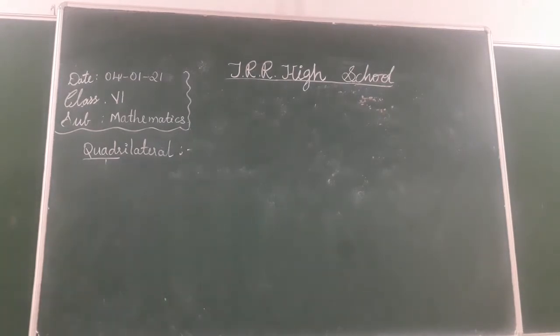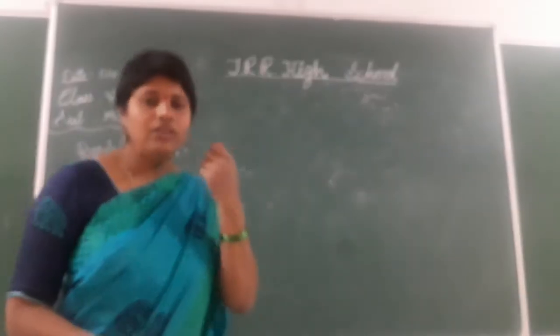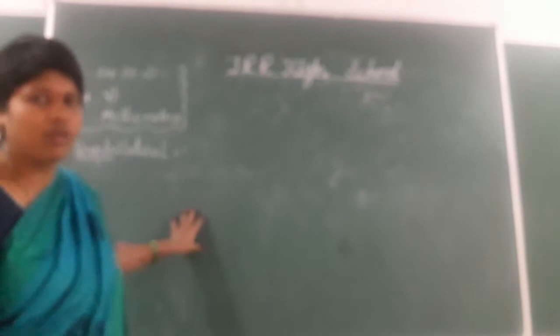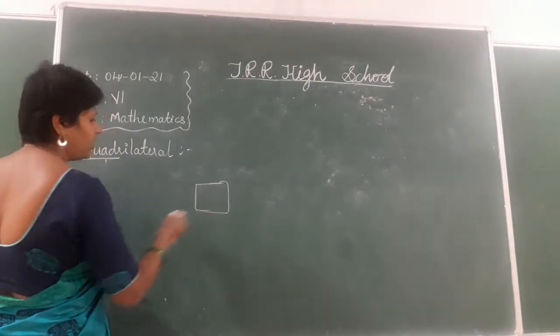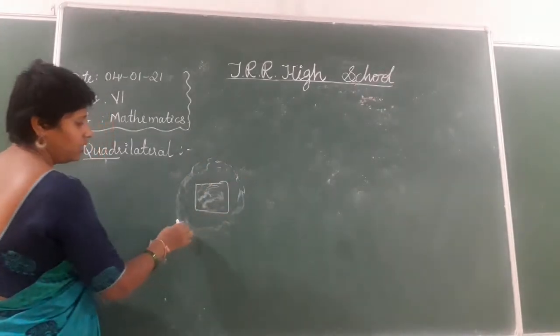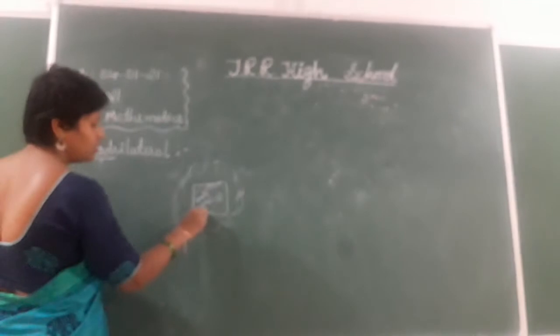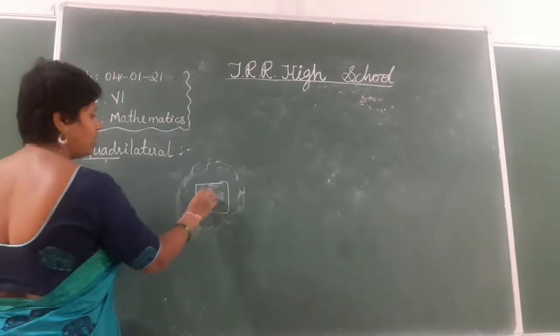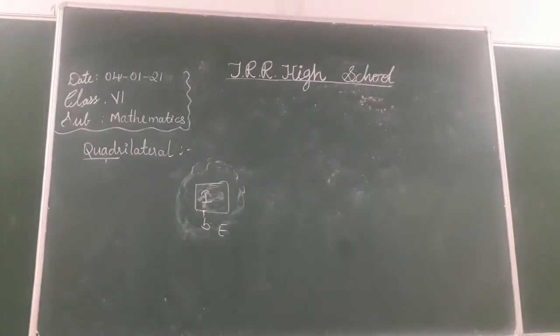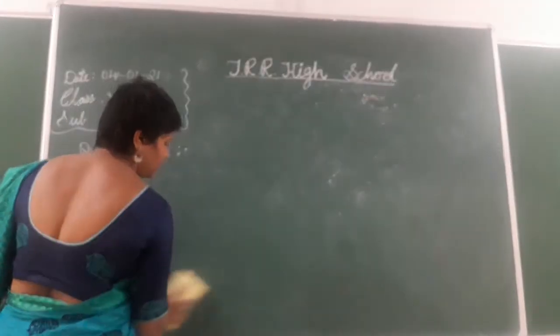Like a polygon, like a triangle, this quadrilateral also divides the plane into three regions. As I said, if I take a square, this is your interior portion, this is your exterior portion, and this is your boundary. Interior, exterior, and boundary. Now, for a quadrilateral, we need to find the opposite angles, opposite sides, and everything.